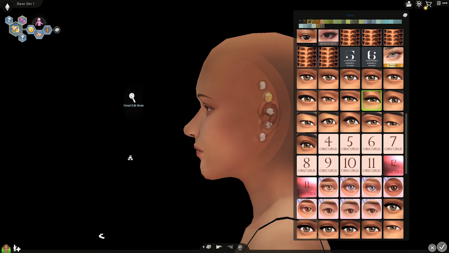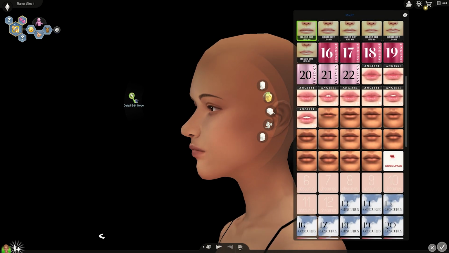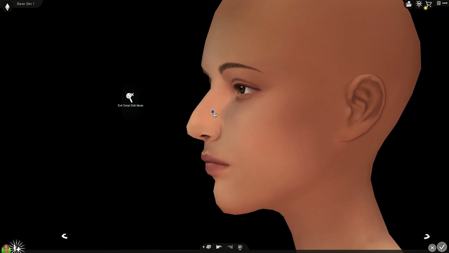So yeah, I think this base is pretty good. Sometimes I put the lips out a little bit. Sometimes I put the bridge out. I like doing straight bridges or kind of Greek bridges like this. I just think that they're pretty and I like them, which is